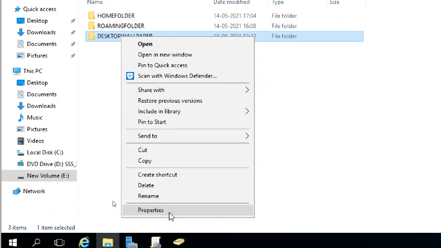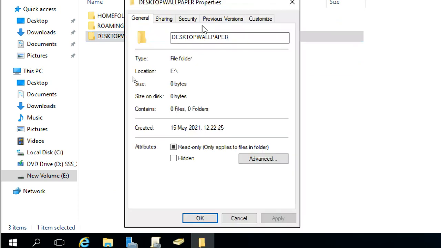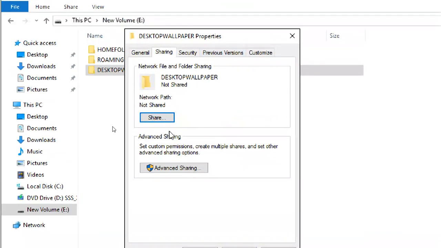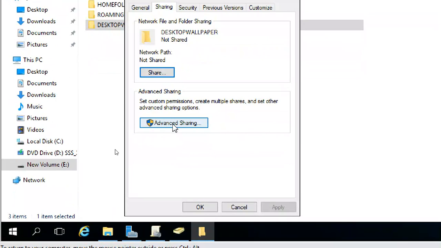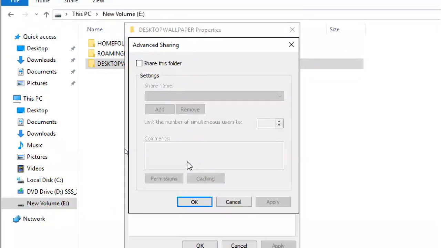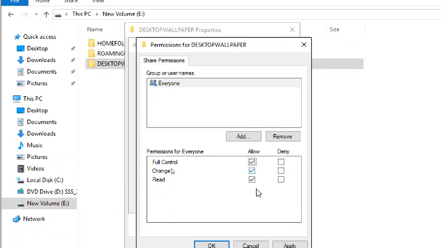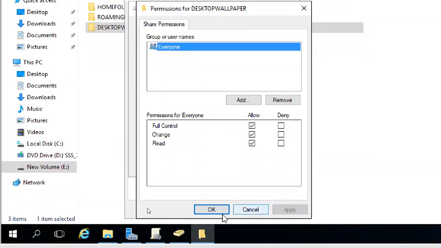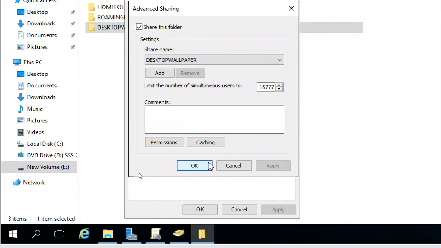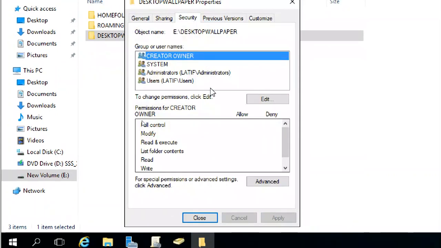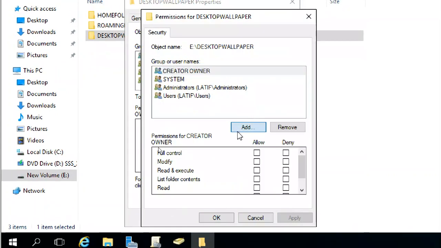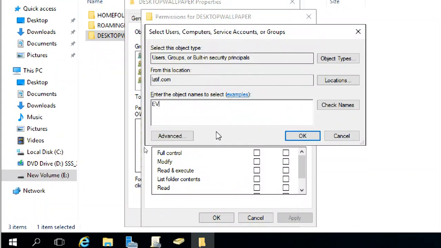Sharing desktop wallpaper means properties, advanced sharing tab, advanced sharing, share this folder, permissions, everyone, select, apply, okay. Then security, edit, add. You can add everyone, but it is better to use authenticated users or domain users instead of everyone.